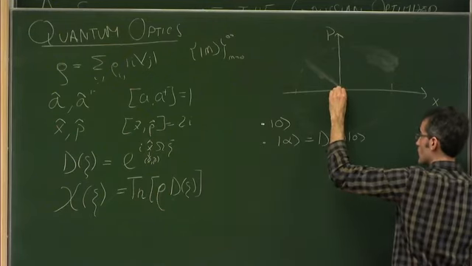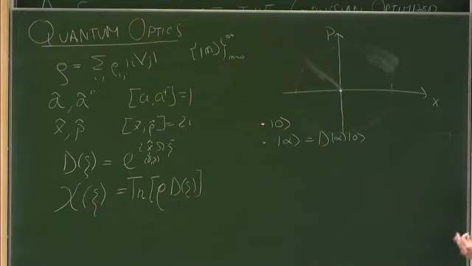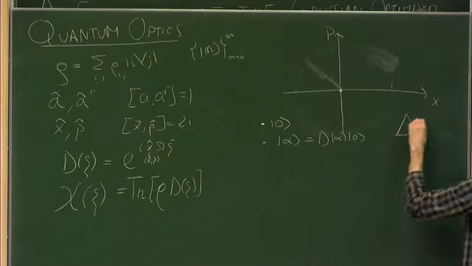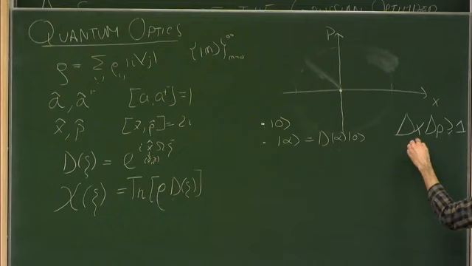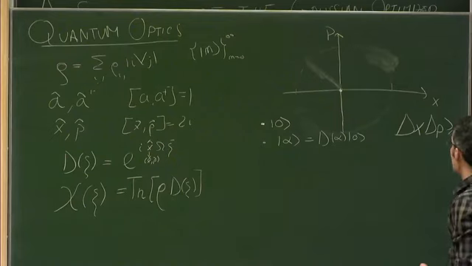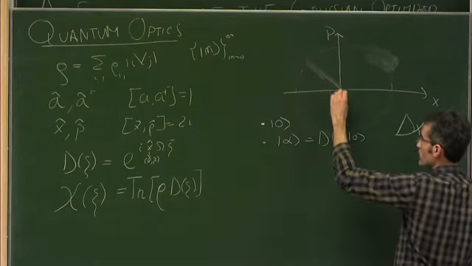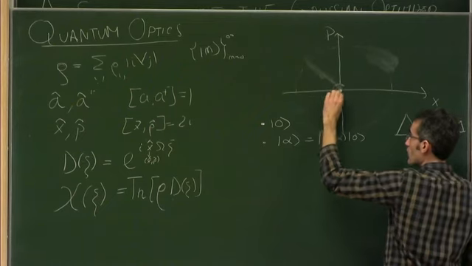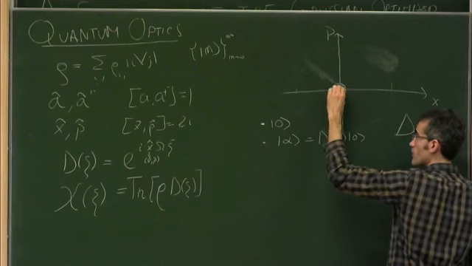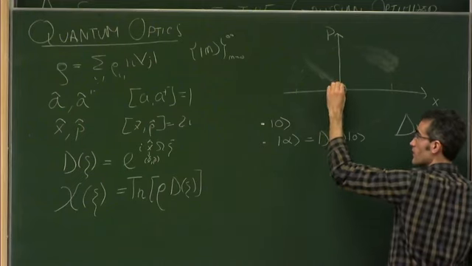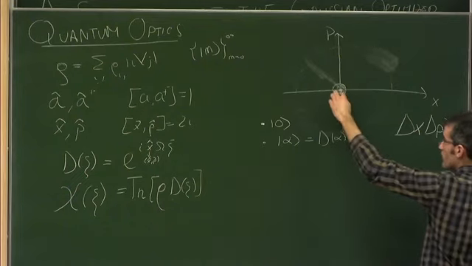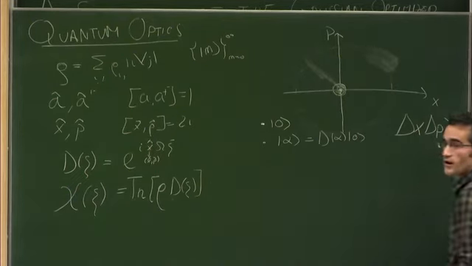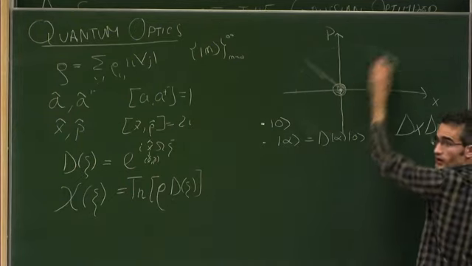Because we know in quantum mechanics you have this Heisenberg uncertainty relation. What this relation says is that the product of the uncertainty on X and P has to be larger or equal than 1, so some lower bound. So for the vacuum, what it means is somehow we have some uncertainty around this. The mean of the vacuum will be 0, but there is some uncertainty on X and P around this center here for the state of the vacuum.